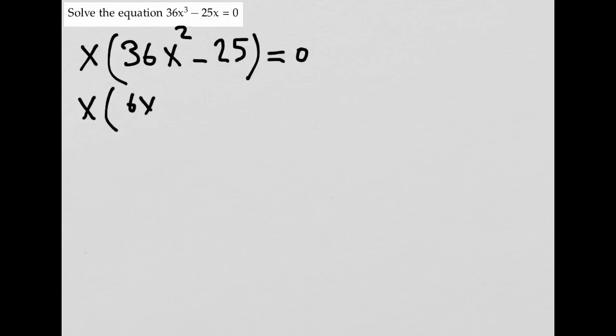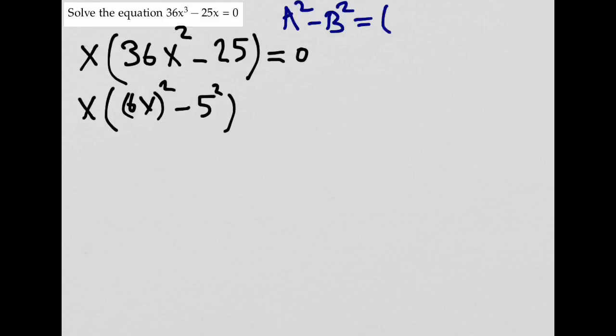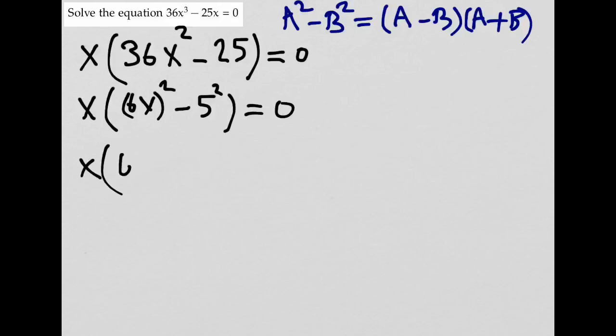We can write it as 6x squared minus 5 squared, which, recall, is something of the form a squared minus b squared, and we can factor it as a minus b times a plus b. Here, 6x is playing the role of a, and 5 is playing the role of b. So, we have x times 6x minus 5 times 6x plus 5